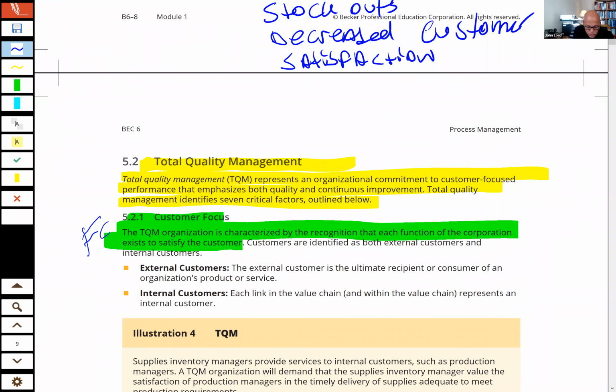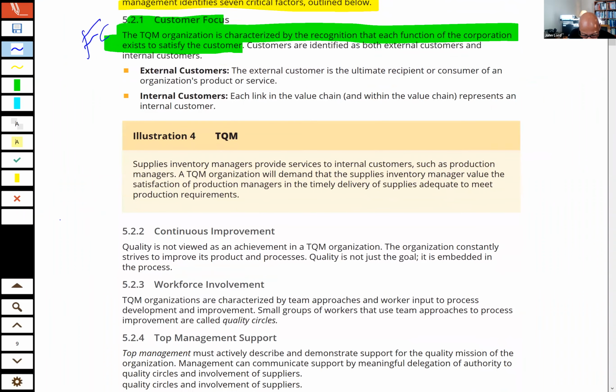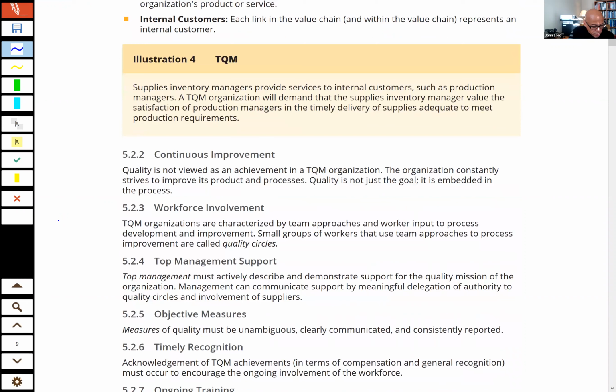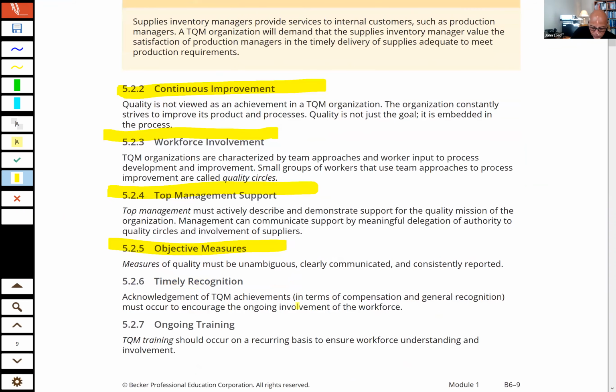Okay, so you can just go ahead and flashcard what the definition of TQM is, and then they start to talk about some of the factors here at a high level. It's continuous improvement, it's workforce improvement, it needs top management support. You have to have that top management sponsorship. There have to be objective measures and timely acknowledgement of TQM